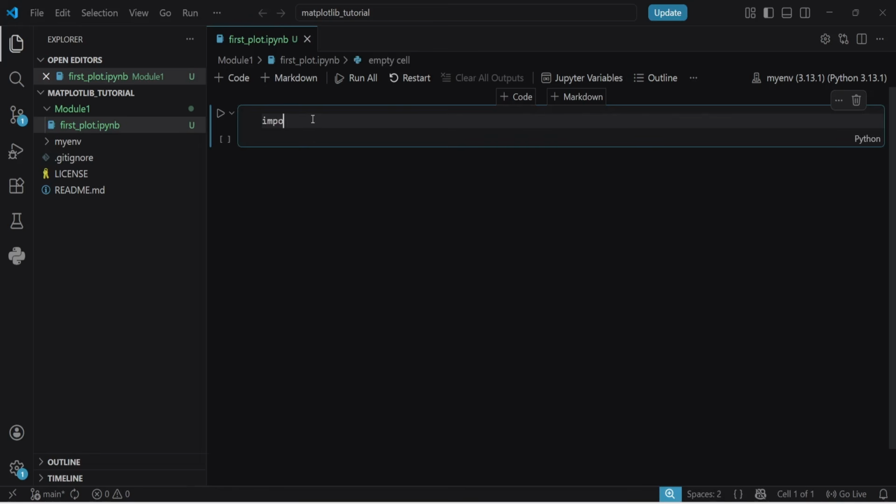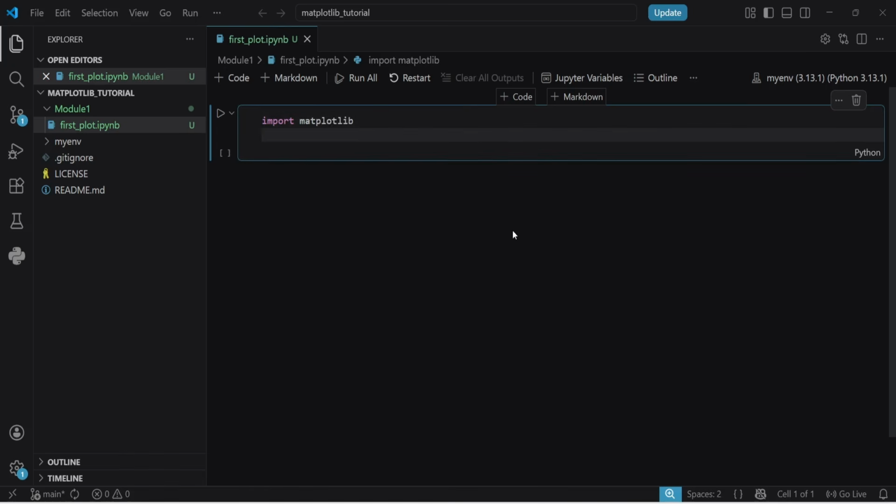For that, I have to write import matplotlib, and print matplotlib dot underscore underscore version underscore underscore. Now if I execute,